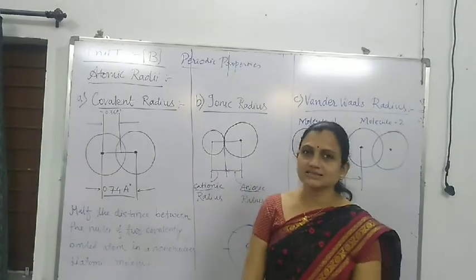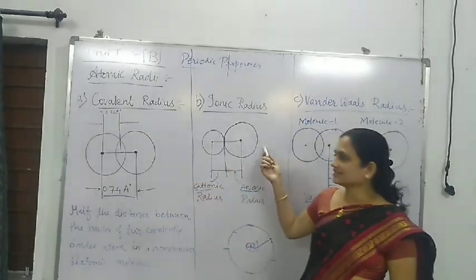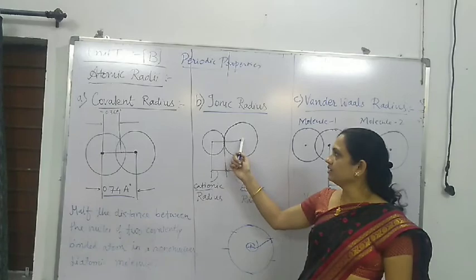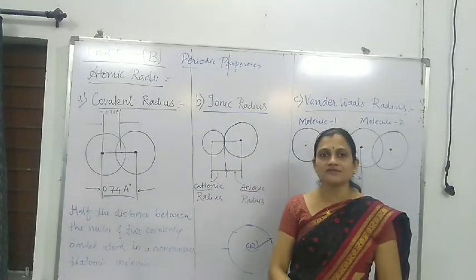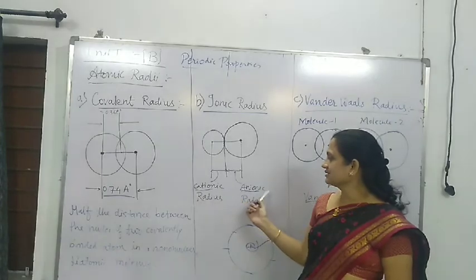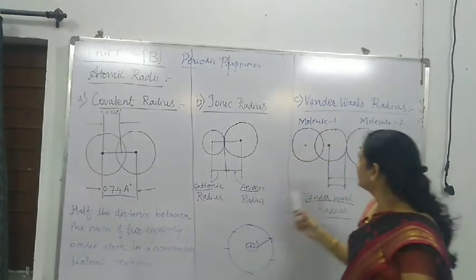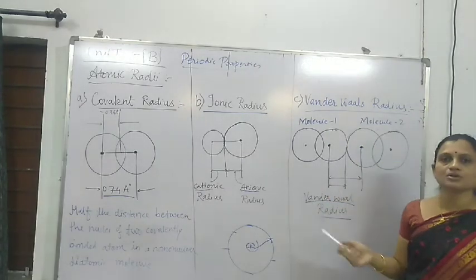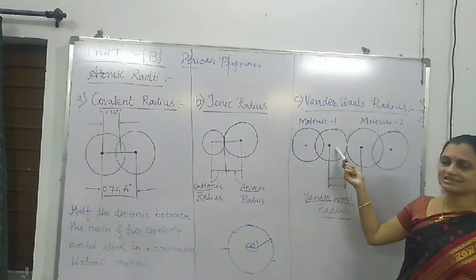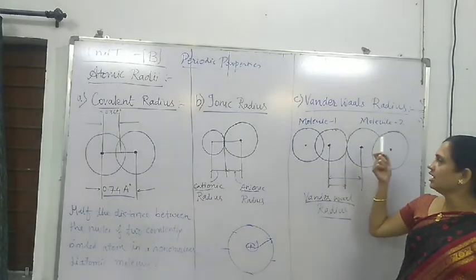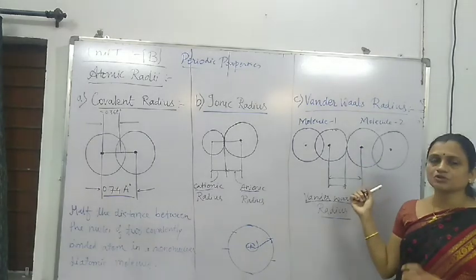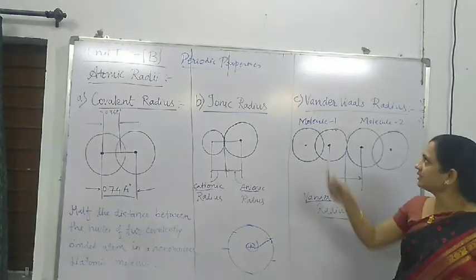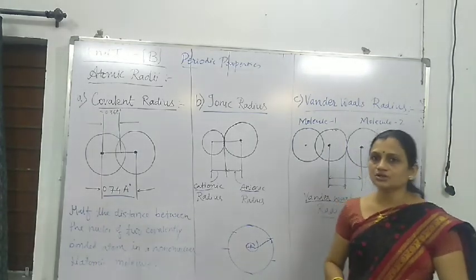Second is ionic radius. Always cation is smaller as compared to anion. दोनों के सेंटर का जो न्यूक्लियस है, वहां से लेके point of influence of that cation or anion, that is known as cationic or anionic radius. And the third one is van der Waals radius. Here we have to consider the two molecules, molecule 1 and molecule 2. So it is half the distance from the center of the first molecule up to the center of the second molecule. मतलब दोनों मॉलिक्यूल के न्यूक्लियस से लेके जो भी हाफ डिस्टेंस आएगा, that half distance is nothing but the van der Waals radius.